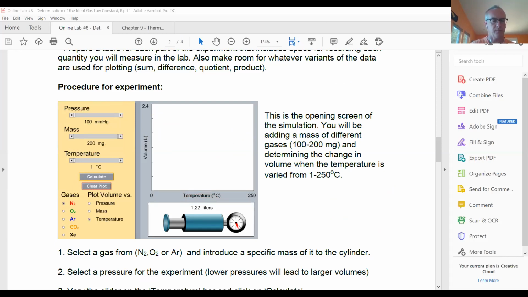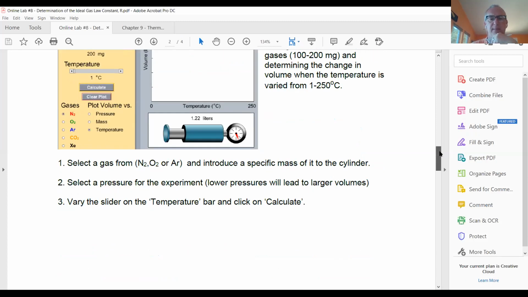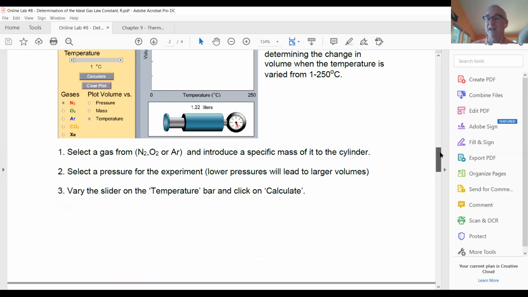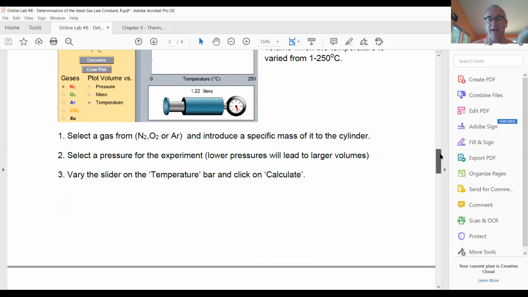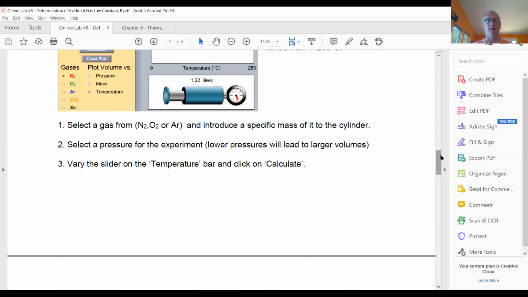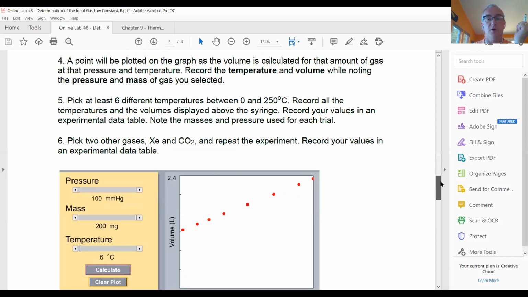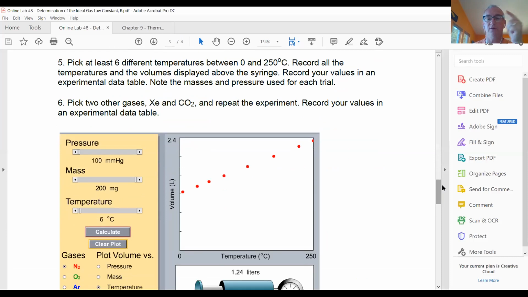All right, so we'll select a gas. We can just start with nitrogen. It's probably not a bad place to start. Introduce a specific mass, select a pressure, start with a low temperature and just move our way up, and it'll calculate what the volumes are. So a point gets plotted on the graph, and here's basically what your data will look like